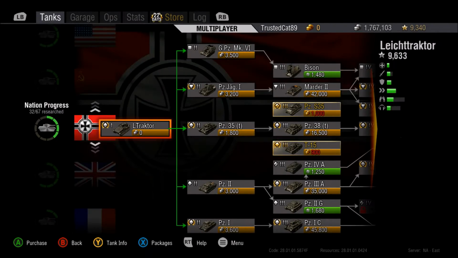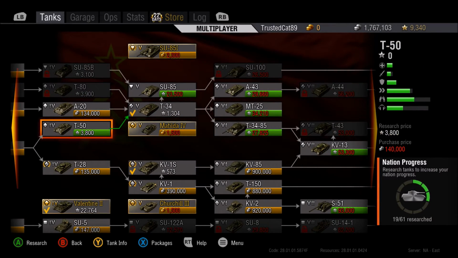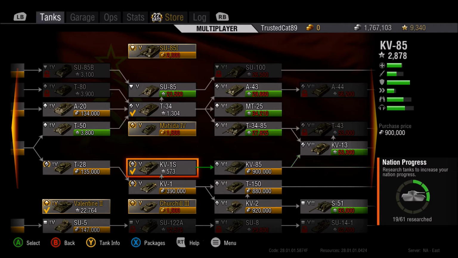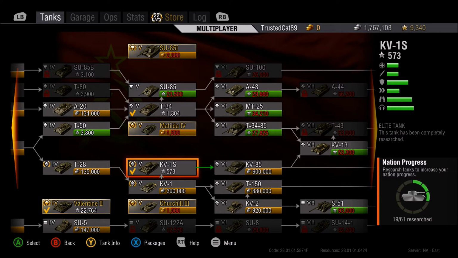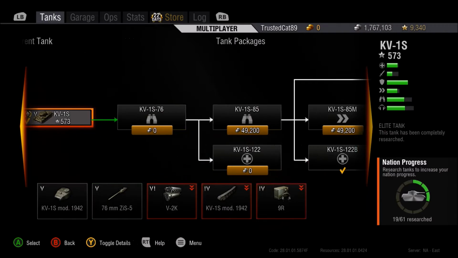They also changed, well, everything is more, maybe not in this line, far apart, but they bumped the KV-1S to a tier 5 tank. And this KV-85 thing is the new tier 6. And I own the KV-1S now because it gave me all the upgrade packages for it. So I'm like, whatever, I'll roll with it. And then for that